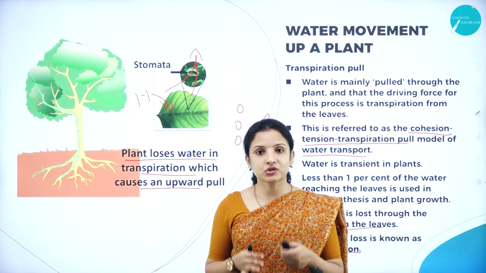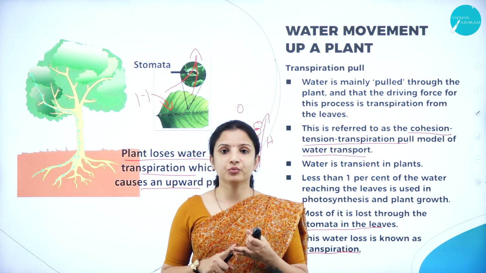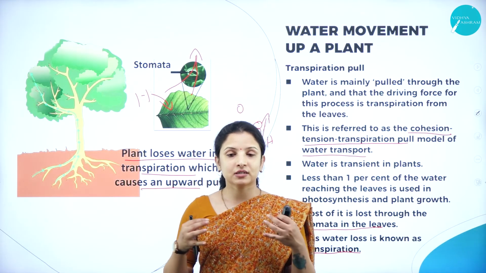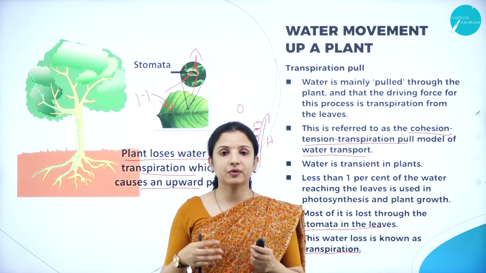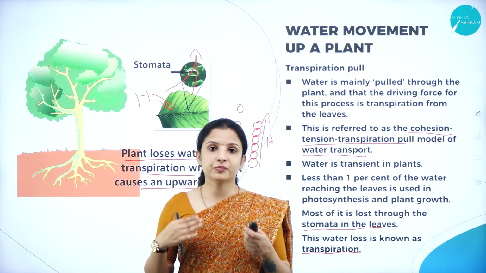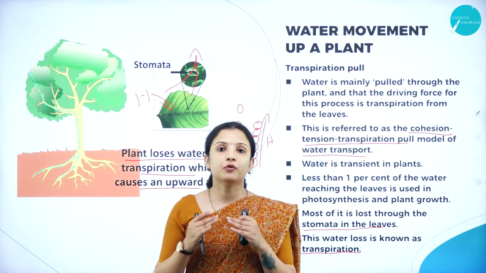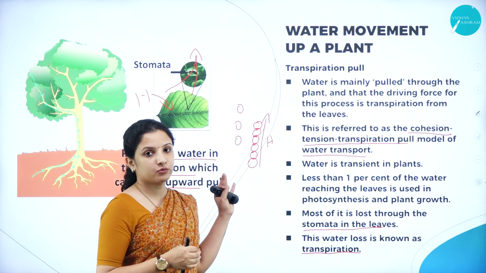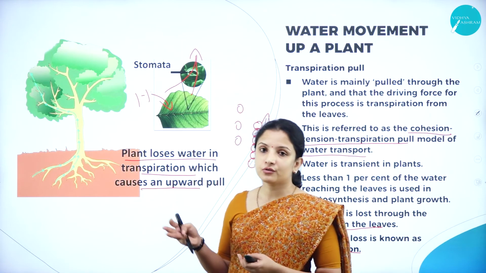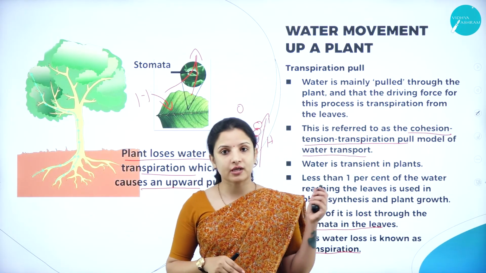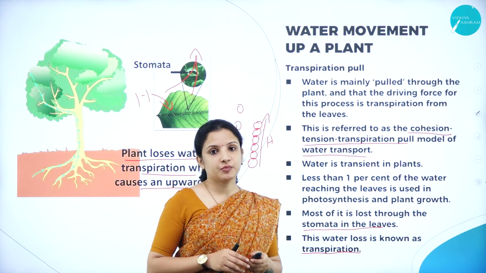So this was about today's session, wherein we studied the root pressure theory and the transpiration pull theory. How do plants take up water? Where the water is to be transported over a smaller distance, root pressure is enough, but in the case of tall trees, the root pressure will not play a good role. Why? Because the cohesion of water is not possible with the root pressure, but it is possible with the transpiration pull. So that is why the majority of plants take water through the roots by the transpiration pull, which is also called the cohesion, tension, transpiration pull theory.